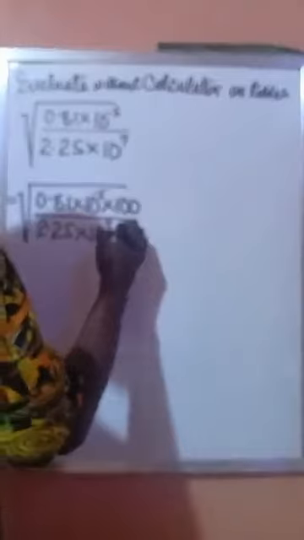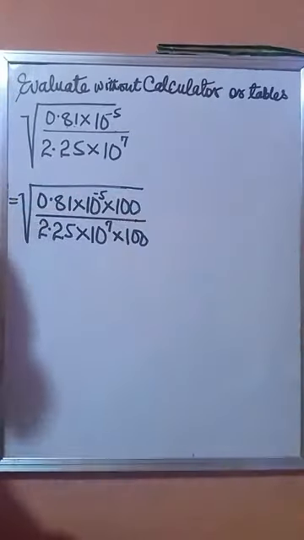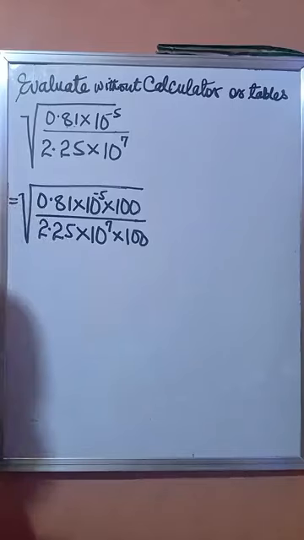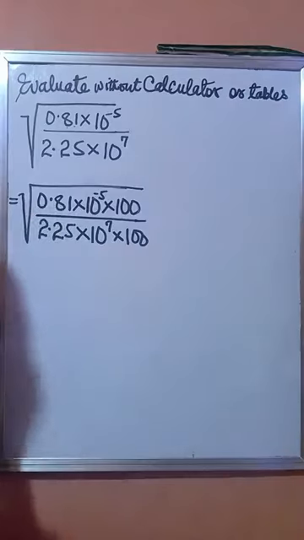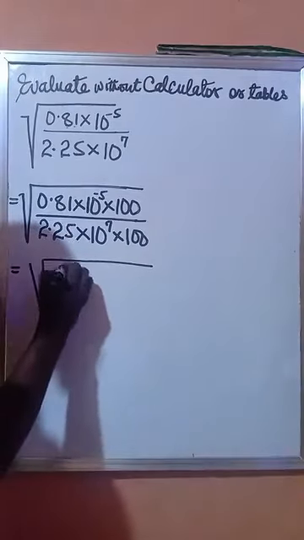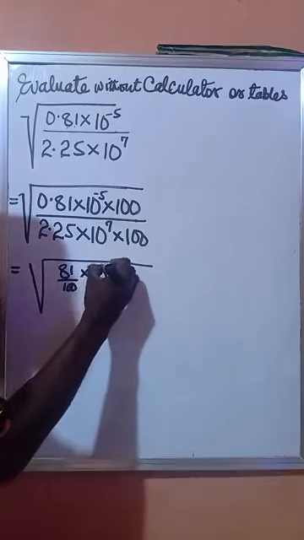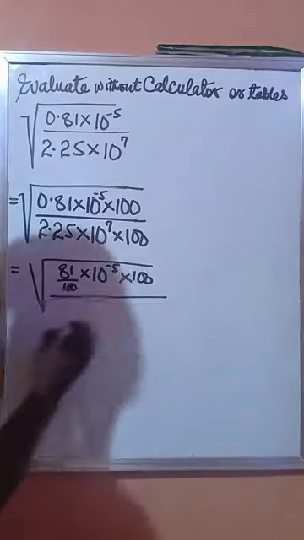divided by 2.25 times 10 raised to the power 7 times 100 as well. In doing this, we know that 0.81 is the same thing as 81 over 100. So we can write this as 81 over 100 times 10 raised to the power minus 5 times 100, all divided by